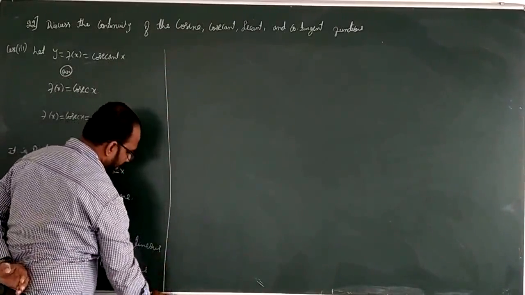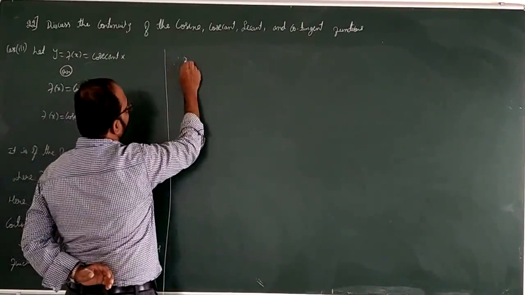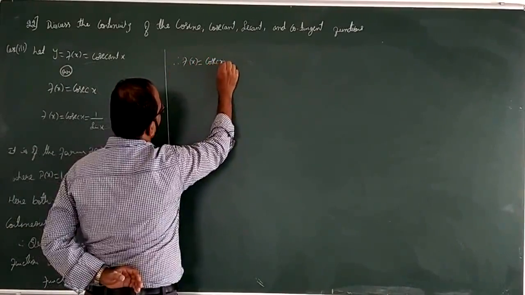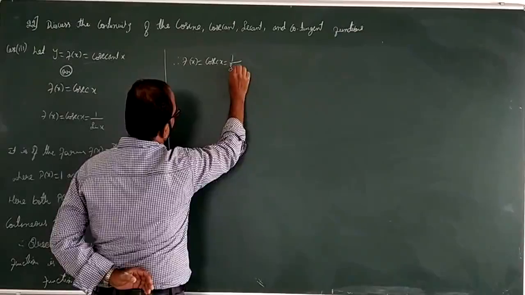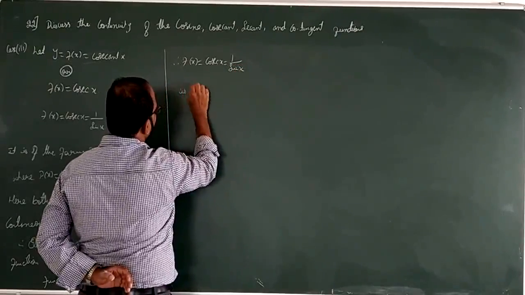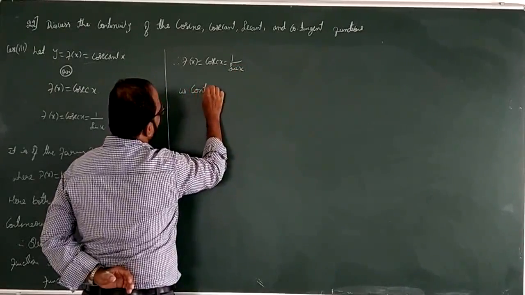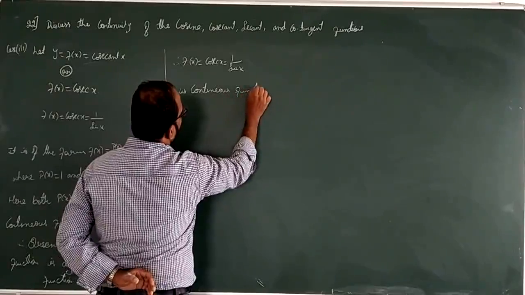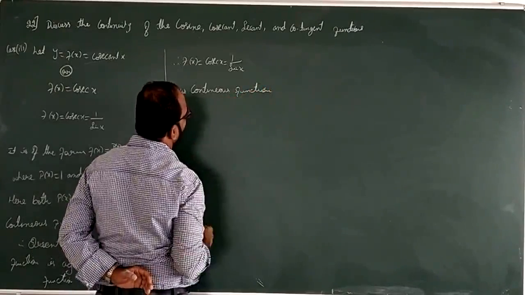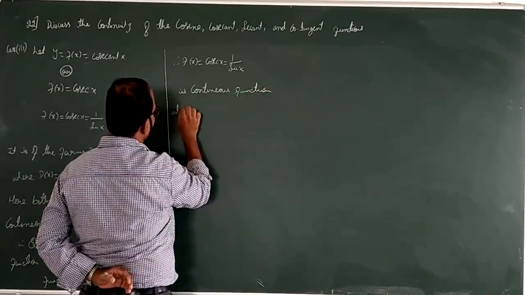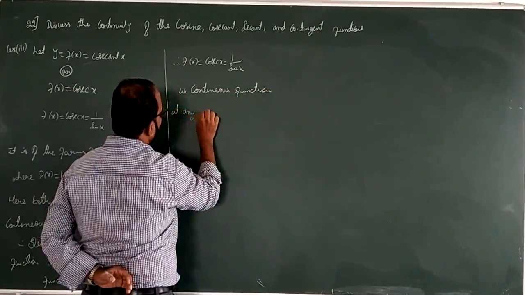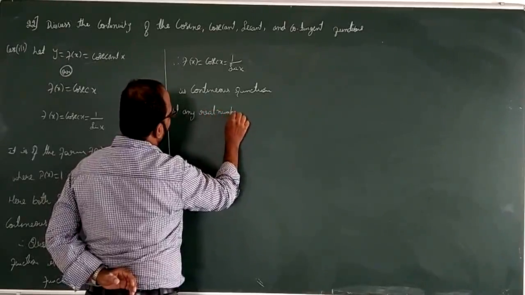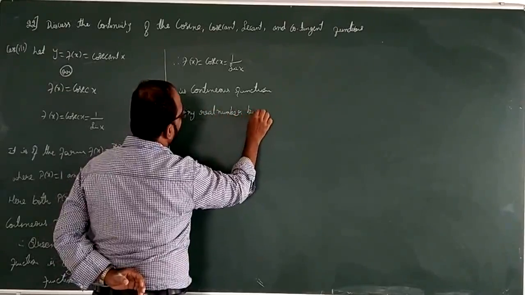Therefore f of x is equal to cosecant x, or 1 by sin x, is a continuous function at any real number but x is not equal